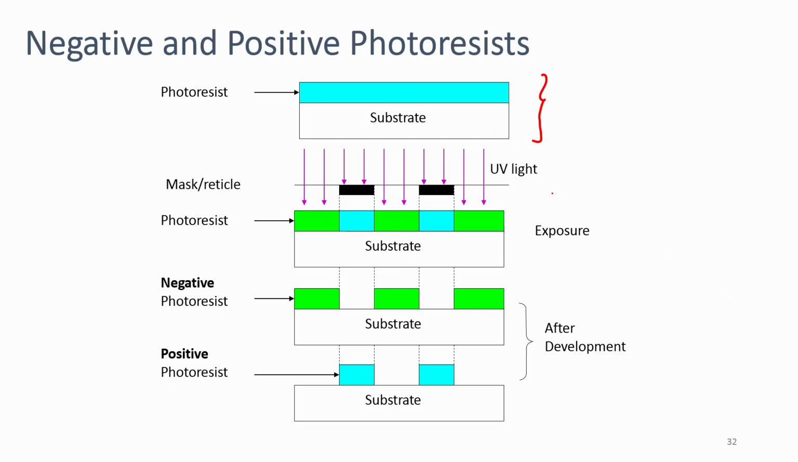Now, if I expose this wafer, wafer number 1, with UV light, then if it is a negative photoresist, the area which is exposed, you see the area which is this one, exposed will be stronger. You can see here, the area which is exposed is stronger in case of negative photoresist,